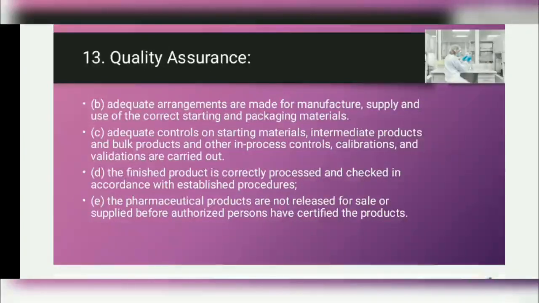Firstly, we have discussed manufacturing operations and control, that all manufacturing operations and processes must be carried out under the supervision of technical staff. Next, we have discussed that to prevent mix-up during production stages, all the apparatus and equipment must be conspicuously labeled so that everybody in the lab can determine the status of that equipment.